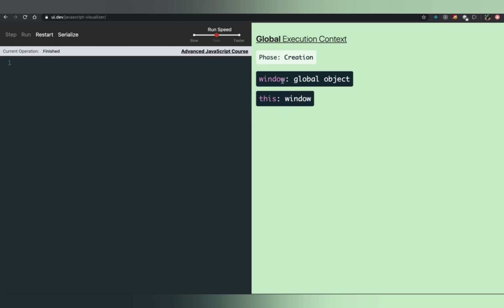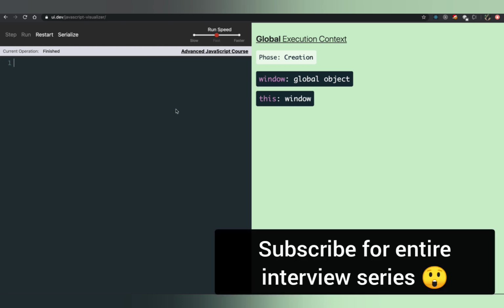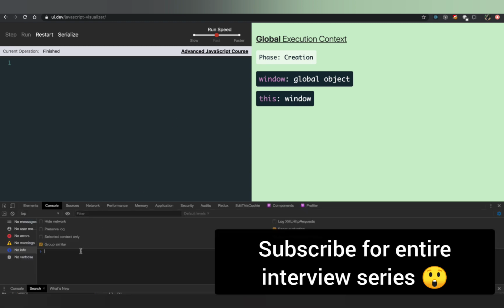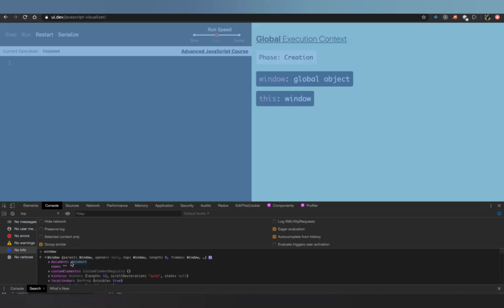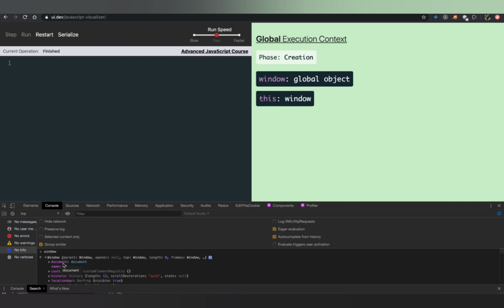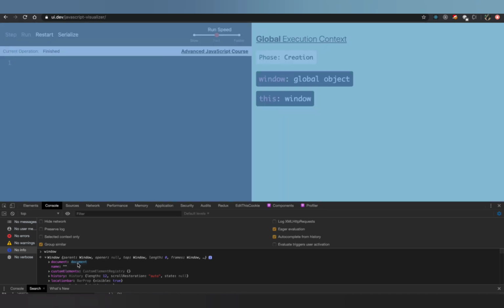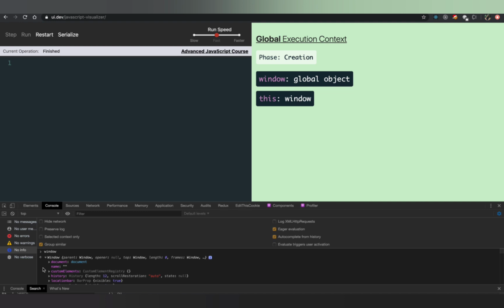Alright, so what is this window? You guys might have tried different things, right? For example, when you write document.getElementById, you're actually getting access to that from the window. So to demonstrate that, let me open the console, and here let me type window. Let's see what it gives us. If you see, there is this window object and it has various properties, and it also has the document properties. That means when you do document.getElementById, this document is actually coming from window, but you don't need to explicitly write window dot. It is understood that you are referring to this document from the window object.